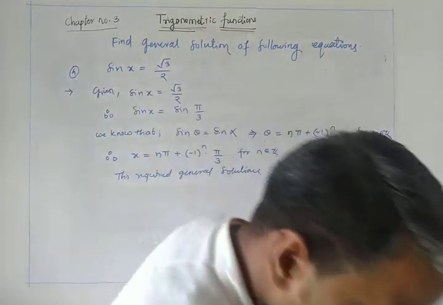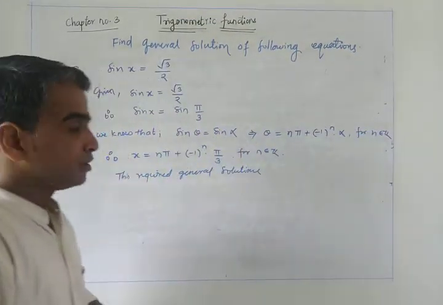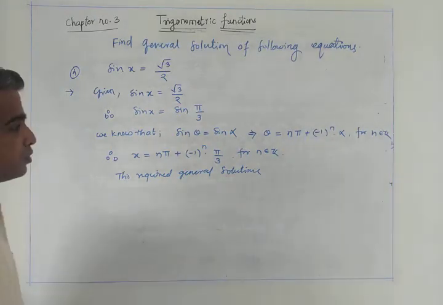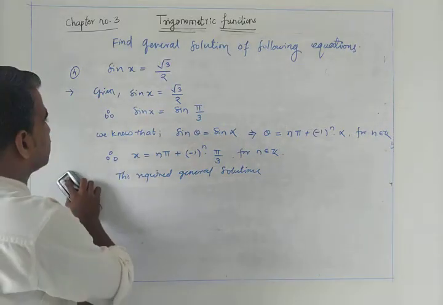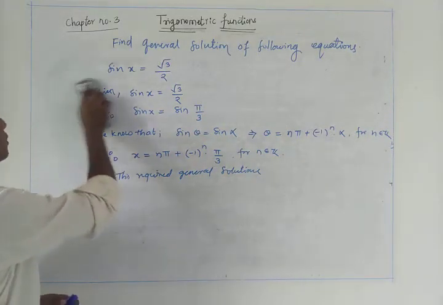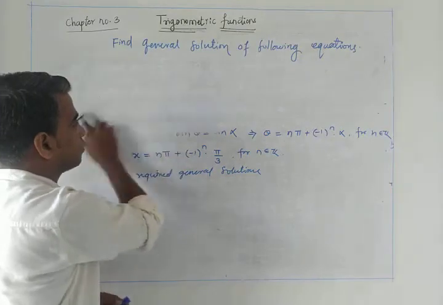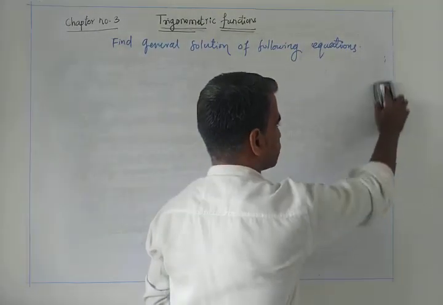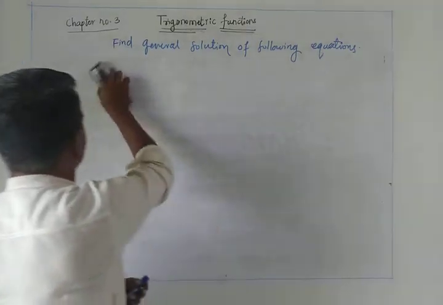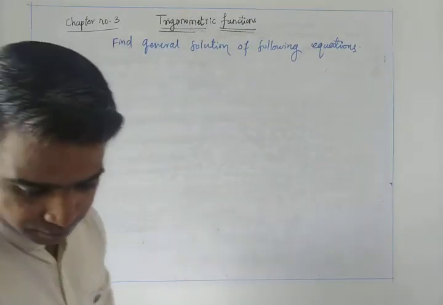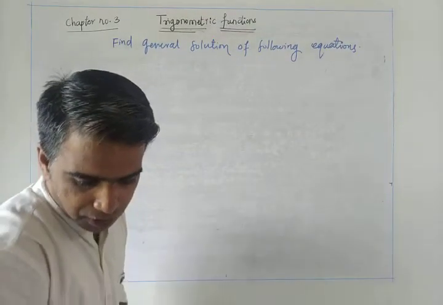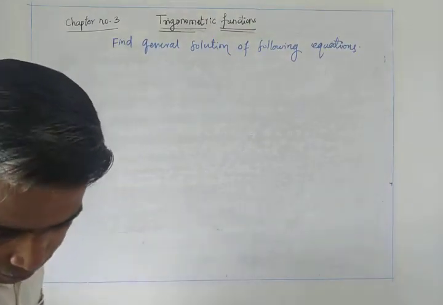Okay, so these are simple questions from this general solutions topic, and these questions will be asked for 2 marks, or sometimes they will ask that question for 3 marks also. So there is a chance we will get full marks in such questions. For that you have to learn that formula and you have to practice more questions related to that general solution. Now the same thing, questions with different types of angles, we'll check.